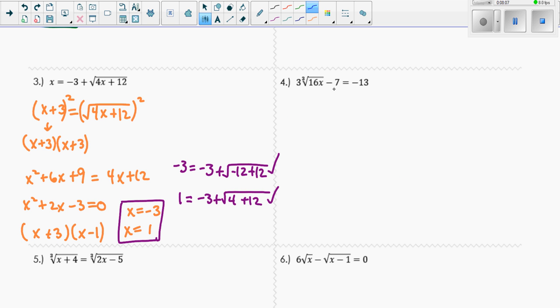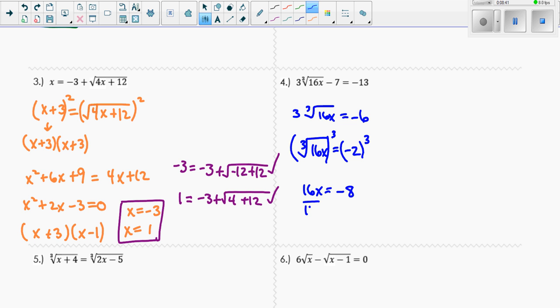Okay. So let's check your answer. I have 3 times the cube root of 16x. I'm going to add that 7 to the other side, which gives me a -6. I'm going to divide by 3, which gives me -2. In order to undo the cube root, I cube, so I get 16x equals, you're doing -2 times -2 times -2, so you get a -8. Divide by 16,